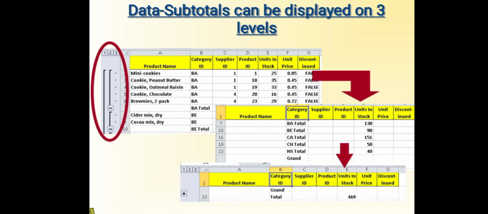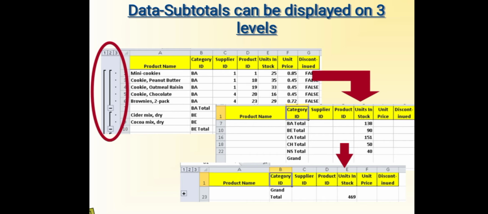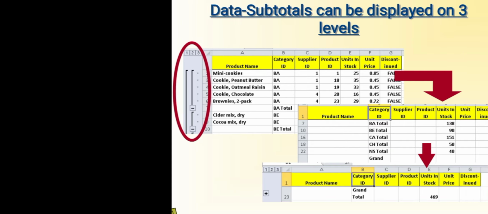BE total, BE is the category ID of the cedar mix dry and cocoa mix dry. So likewise all the totals it will do in the unit in stock, and at last grand total, how much you will get, 469 unit in stock total number, that can be done in subtotals.